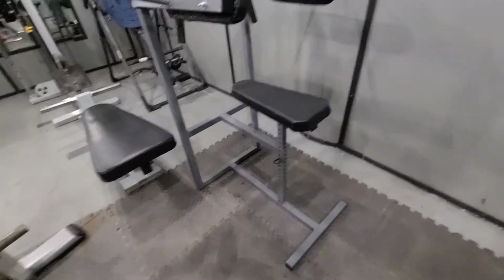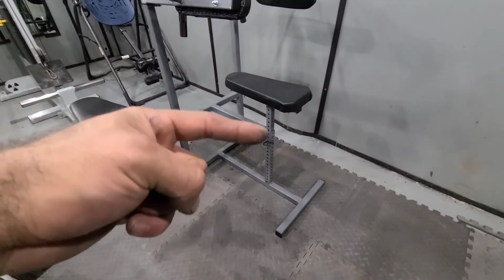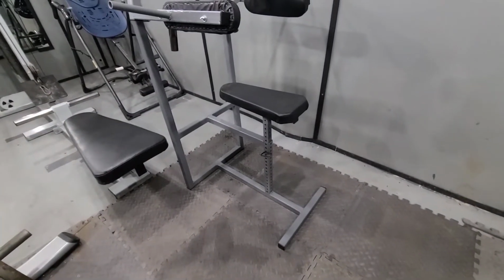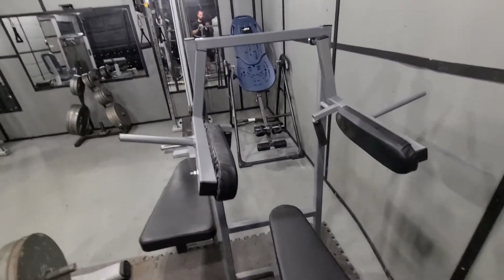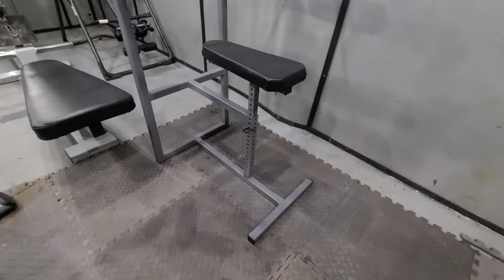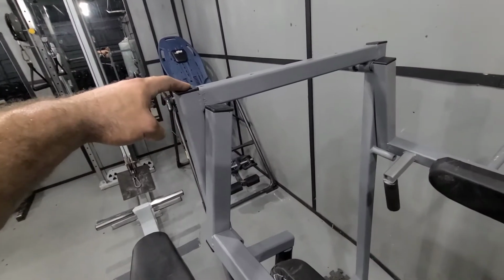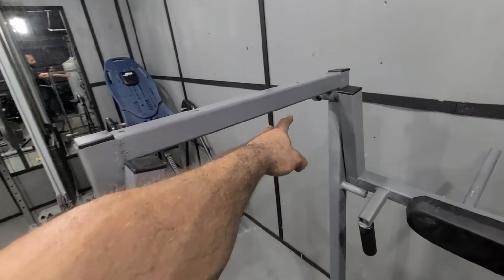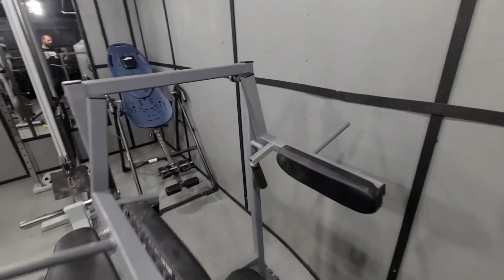That seat is, this post right here is 16 inches tall with a 16 inches that goes inside of it. So you can have up to 32 inches of adjustment for height. Now where I'm 6 foot and with my arm, that is me pretty much almost standing up for my seat. I should have made these roughly 5 inches shorter. Instead of 54 inches, should have made them maybe 49 inches. Or I should have welded these right here, I should have welded those down a little bit further, so that way it would have